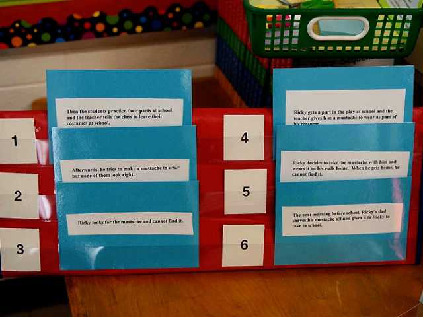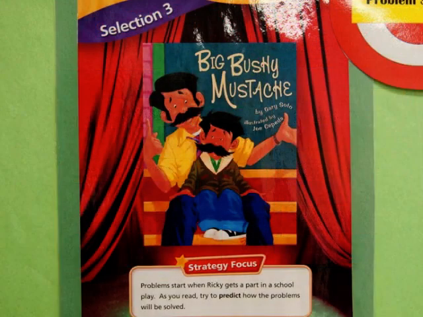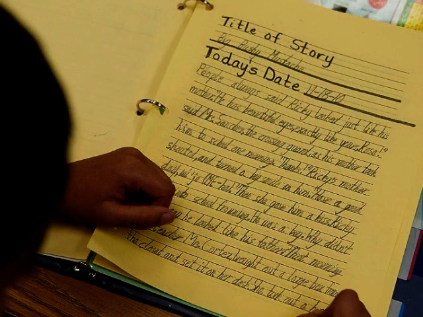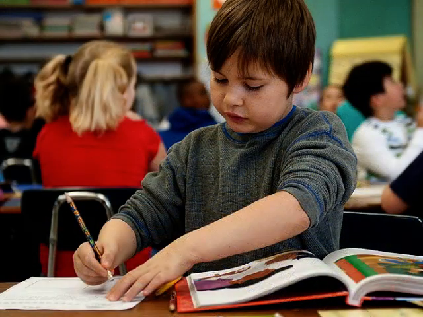The story that we're reading was called Big Bushy Mustache, and it was a story that was in our reading series. I chose that particularly today because it did pose a problem for the kids that I felt like they could relate to. This boy had been given a part in a play at school, and his disguise or costume was using this mustache. The teacher told him to leave their costumes at school, and instead he decides to wear his home because he was so excited. Of course, on the way home, he loses his mustache.